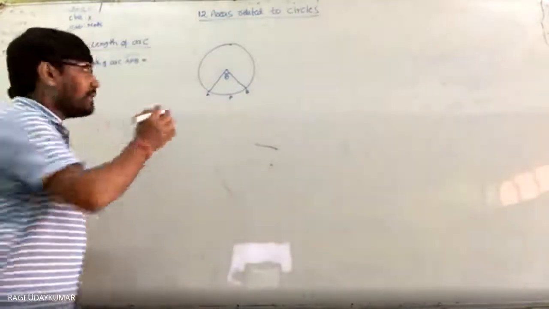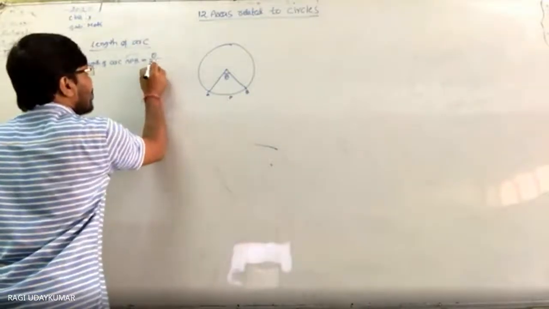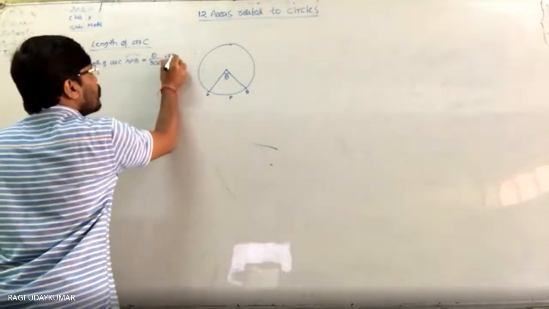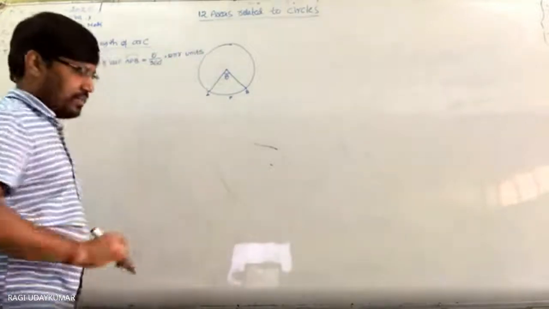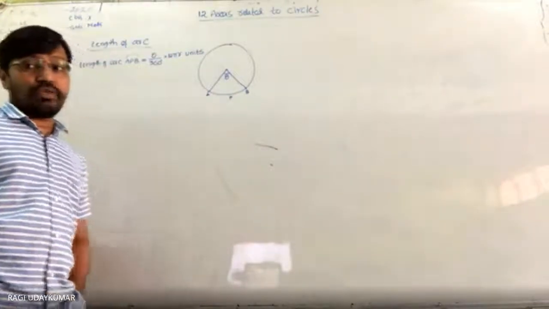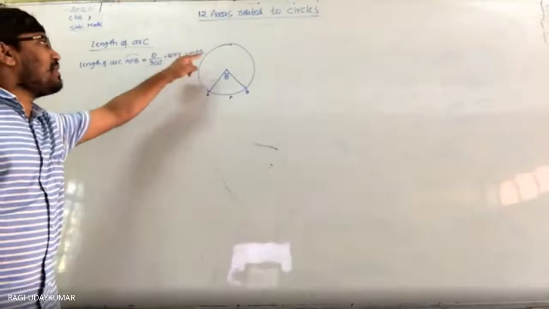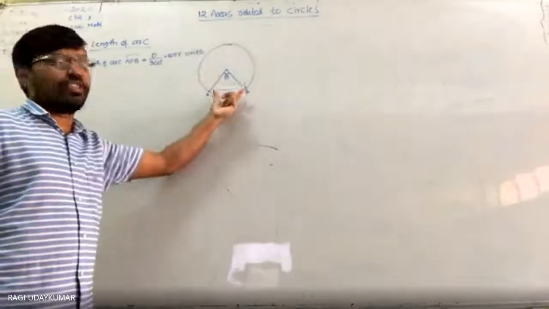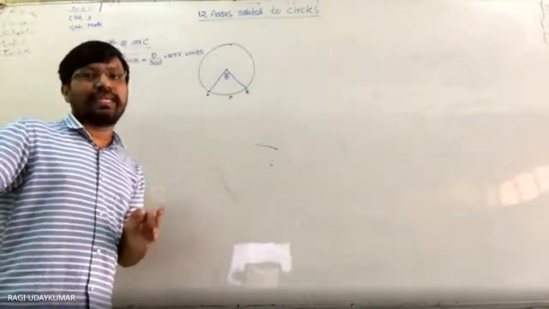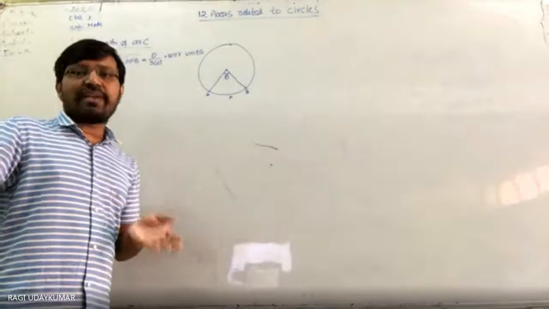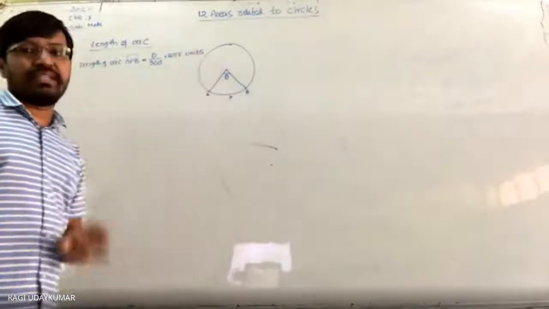Okay. But you need to take only the part which is making an angle of theta. So that's why theta by 360 degrees into 2 pi r. This is in units only, because it is a length of the arc. It is not an area. Okay, simple. Why are we taking 2 pi r? Because the total length is 2 pi r, and we are taking the one part which is making an angle of theta degrees. So out of 360, the theta part should be taken into consideration, just like fractions. So theta by 360 into 2 pi r. Whenever you are taking length, it should be expressed in units.